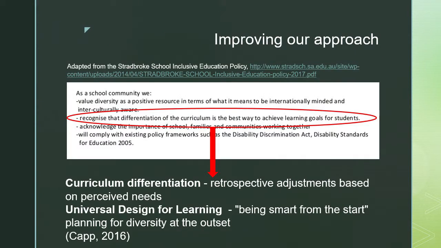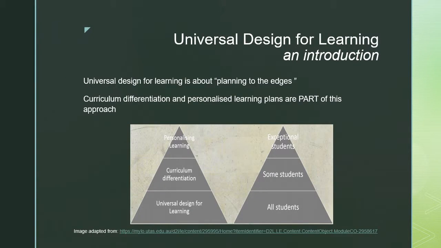So in response to the findings of that audit, we re-examined our inclusive education policy, and in particular the fact that we originally recognised that differentiation of the curriculum was the best way to go about including students with special needs. And we're going to be shifting towards what's known as a universal design for learning. But before we all start to panic,